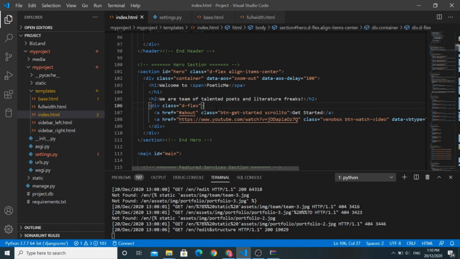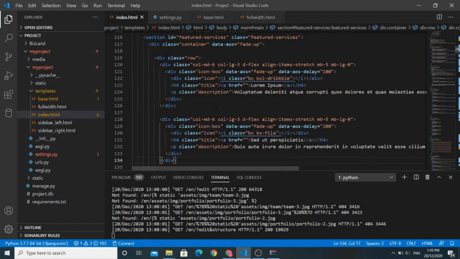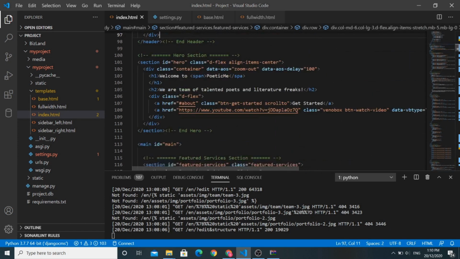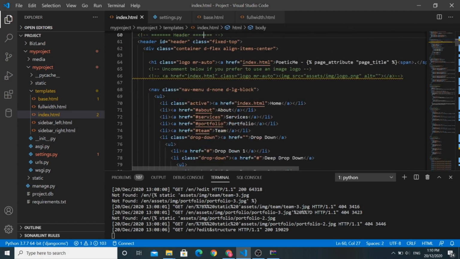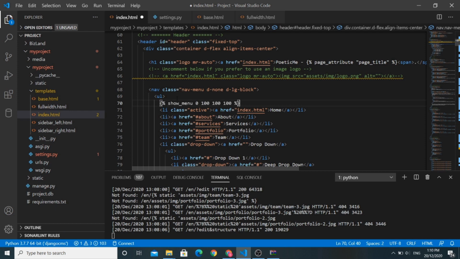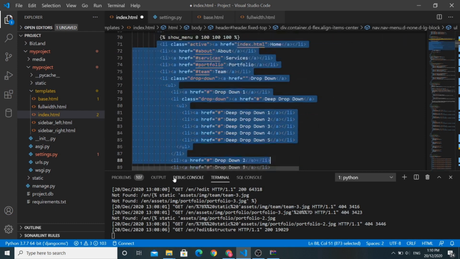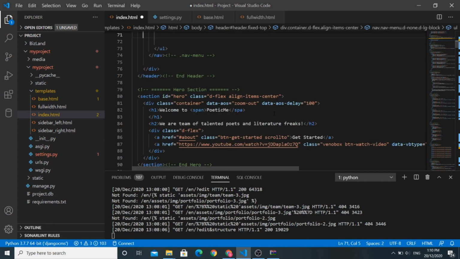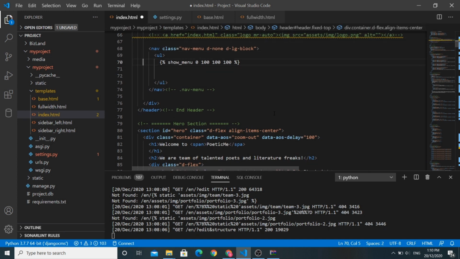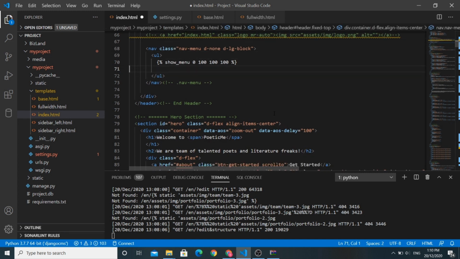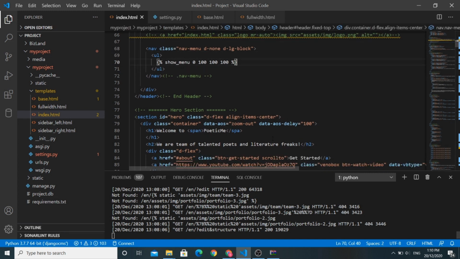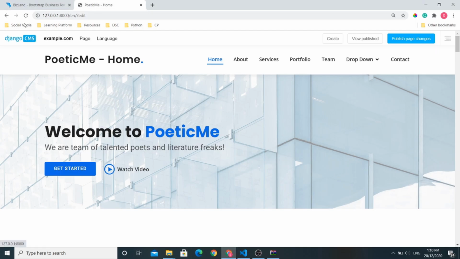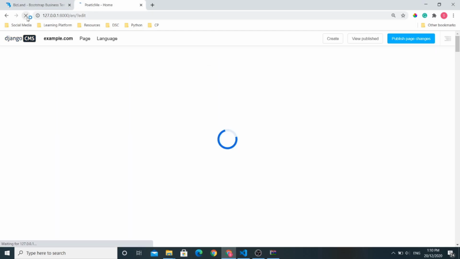So let us find the UL tag for this navbar. Here it is. We will paste it here and we would like to remove all these hard-coded pages from the UL tag. Let us save this. So now let's reload this page again.